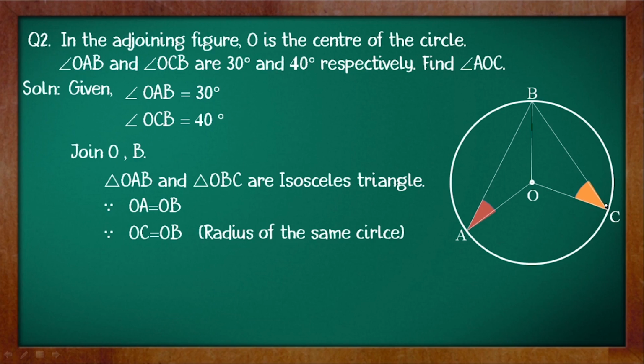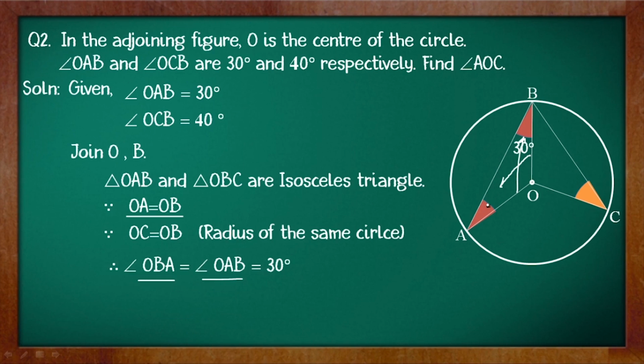so they have to be equal. Now in an isosceles triangle we have a result that says angles opposite to equal sides are equal. So this is the angle opposite to OB, and this angle here will be opposite to OA, and we know that OB is equal to OA. That means angle OBA will be equal to angle OAB, and that will be equal to 30